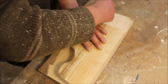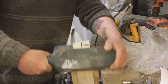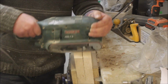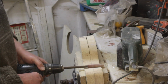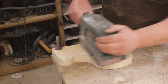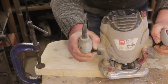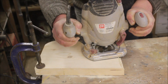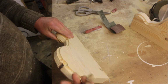And to make sure both sides were uniform, I strapped them together, put them in a vise and just sanded around them. To tidy the front edge up, I went round it with a cove bit in the router. When I was routing the second one out, this knot popped out,